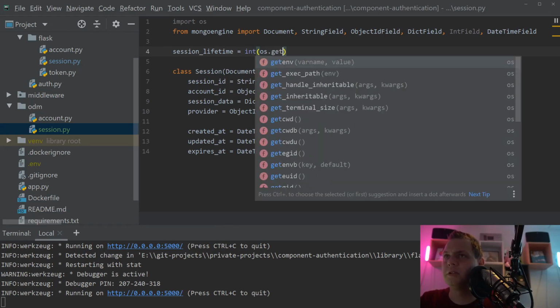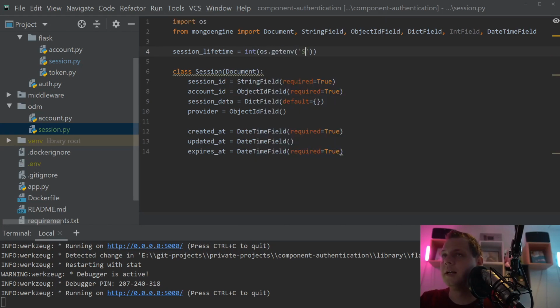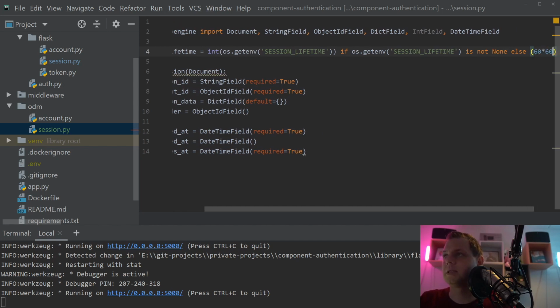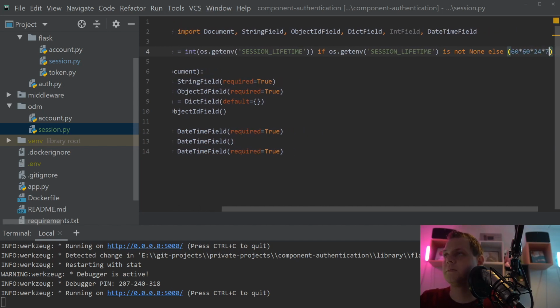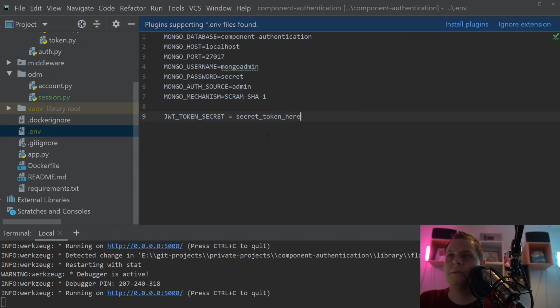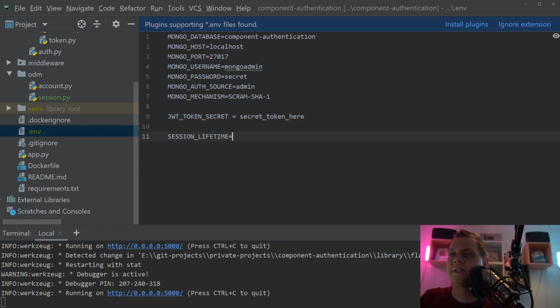And we're going for os.getenv and session lifetime, and that's only if it's not None, else we will have a fallback of 7 days, 24 multiplied by 7, and one more down here. And now we basically have this done, and let's go in for the environment and go here for session lifetime